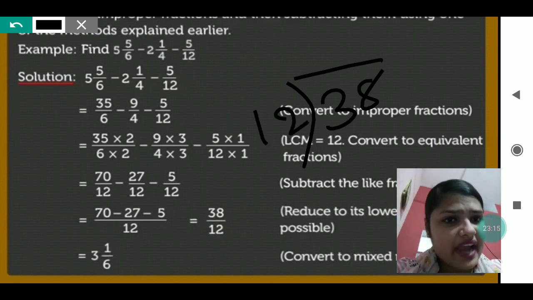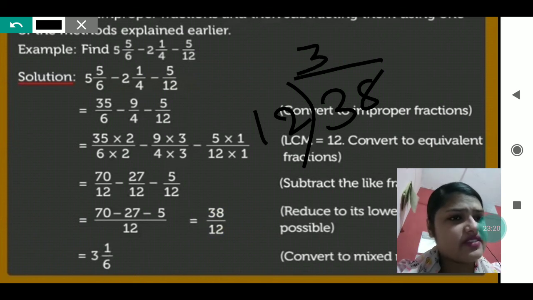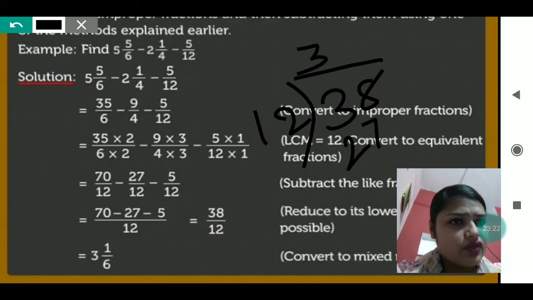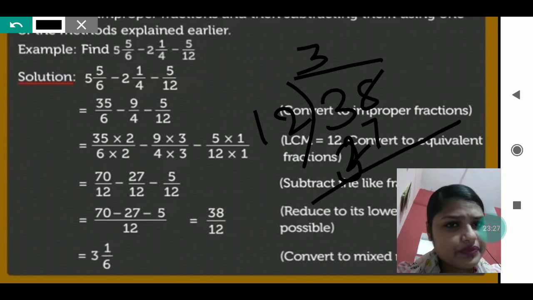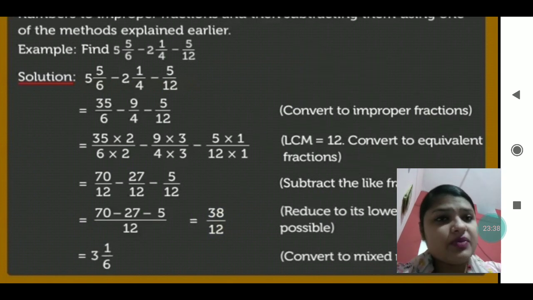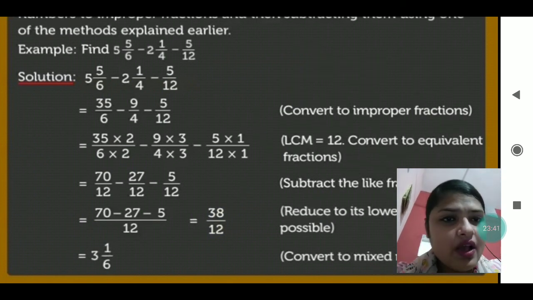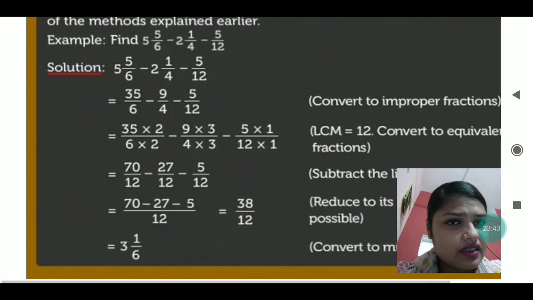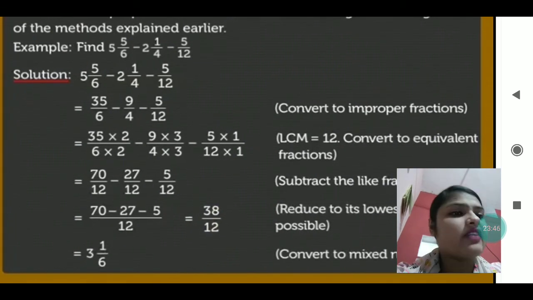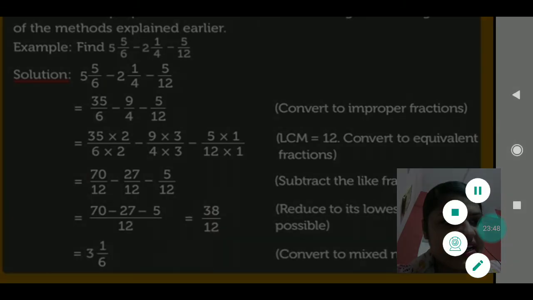So when you divide these two, my dear, it is divisible 3 times. And 1 as a remainder you will get. Now you can write. But before converting it, there is one more thing given: first reduce it to its lowest term, and then convert it.